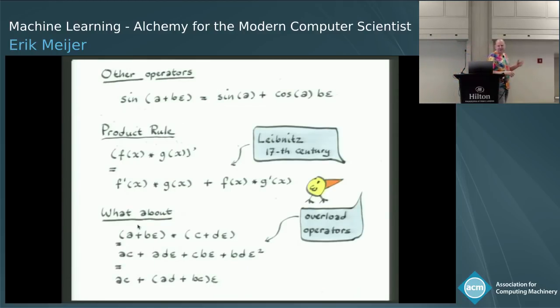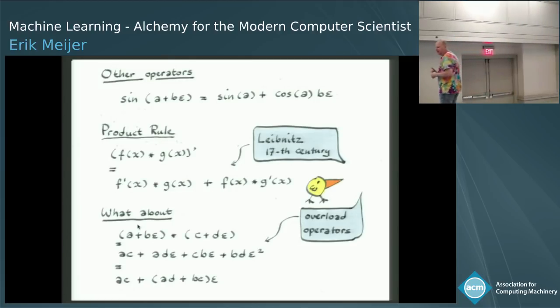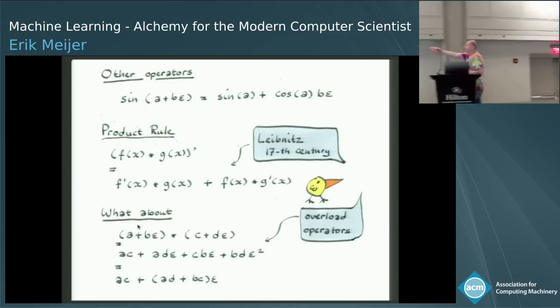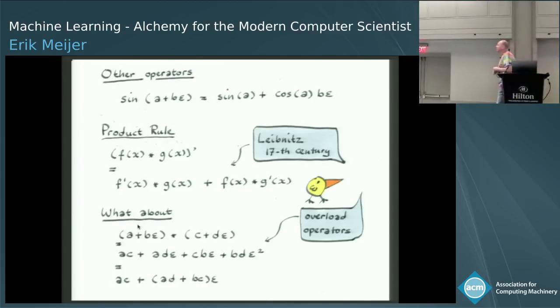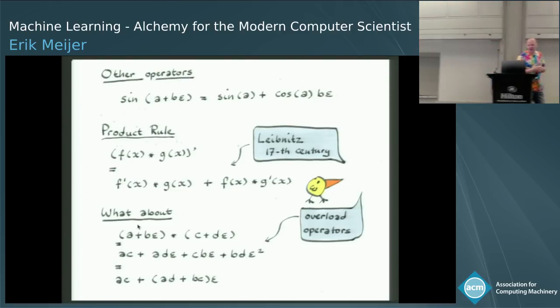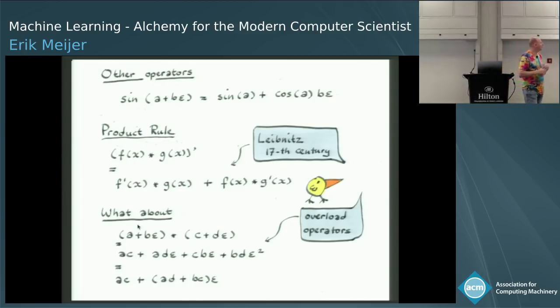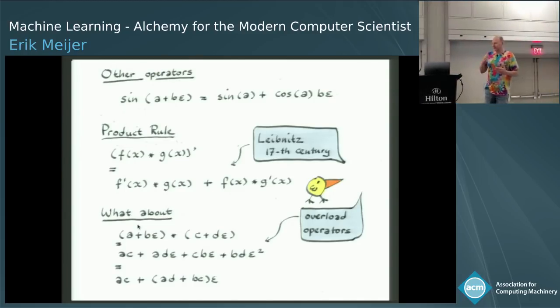Same thing here. If you look at the product rule, Leibniz came up with that in the 17th century. Again, you look at that, wow, this guy must have been smart. I couldn't come up with that. But again, if you just compute the product of two of these dual numbers, you will find easily what that should be. And then the other thing is for other operators like sine,